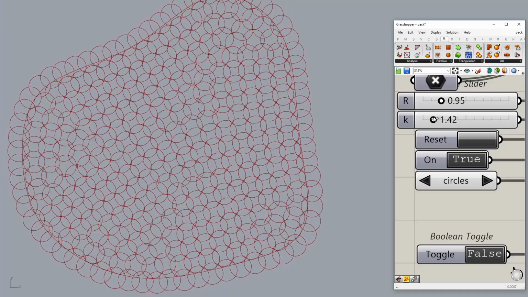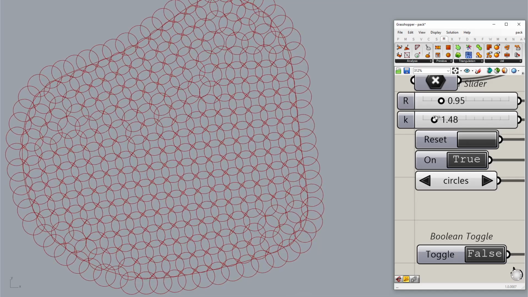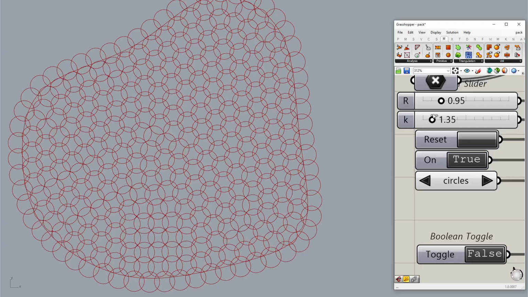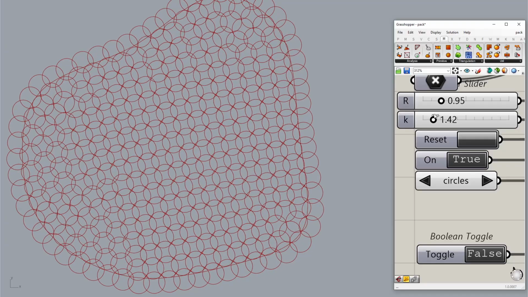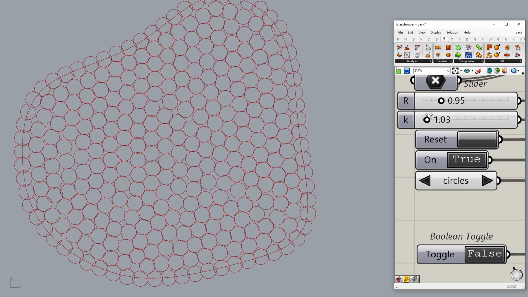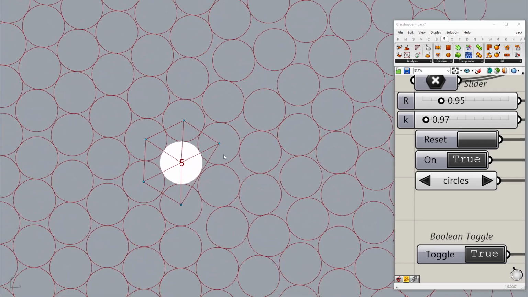We can see the pattern changing from hexagon to squares. For example, if we just look at one circle, here